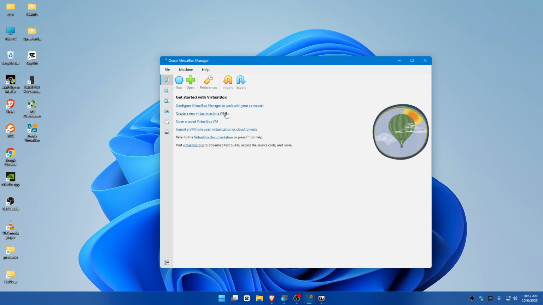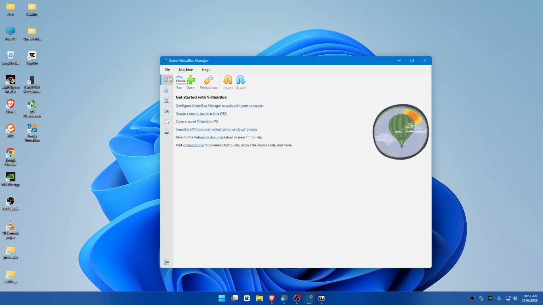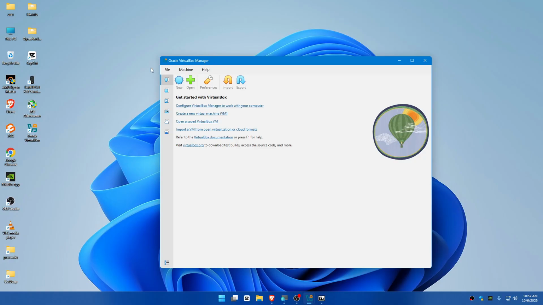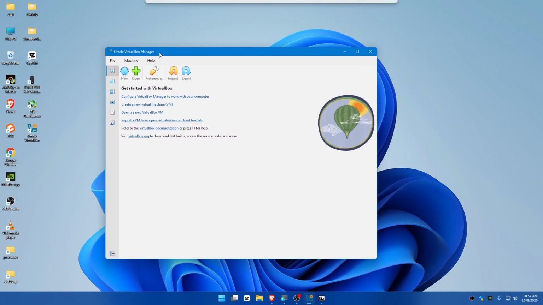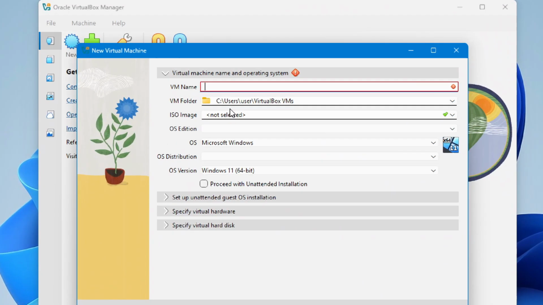So in this tutorial, I'm going to show you how you can install Windows 10 on VirtualBox or VirtualBox Manager. If you haven't installed Oracle VirtualBox Manager, please watch my previous video on how you can set up this. Once you have set up the virtual machine, come back to this video. So first you need to click on this New,